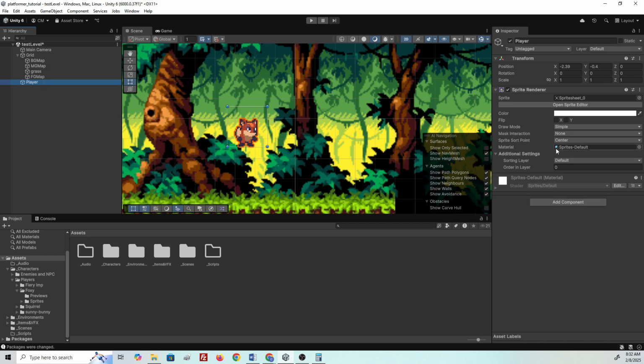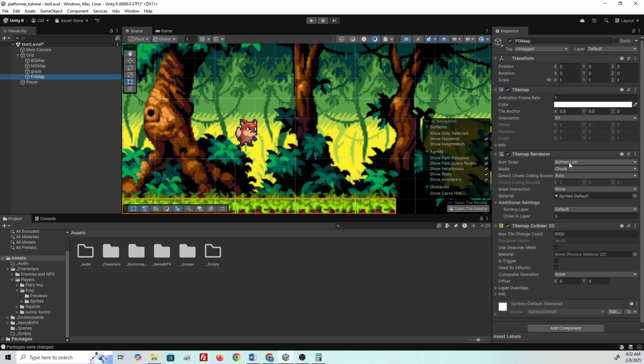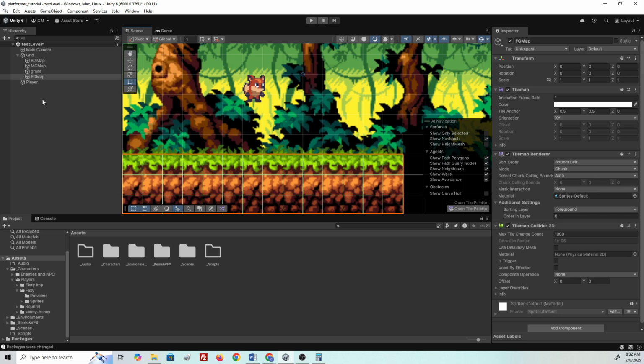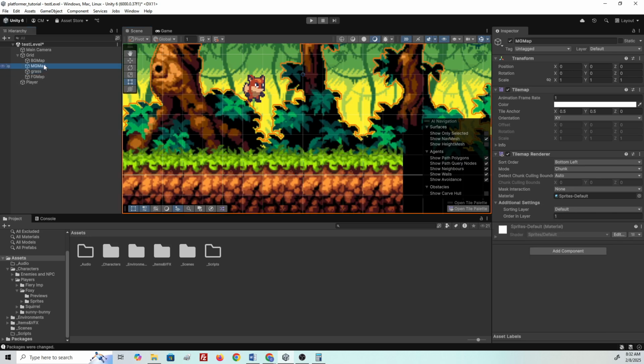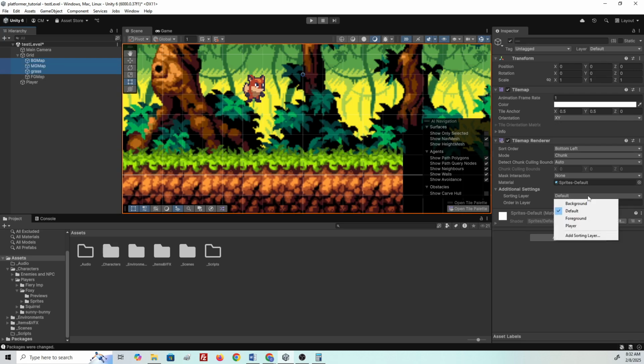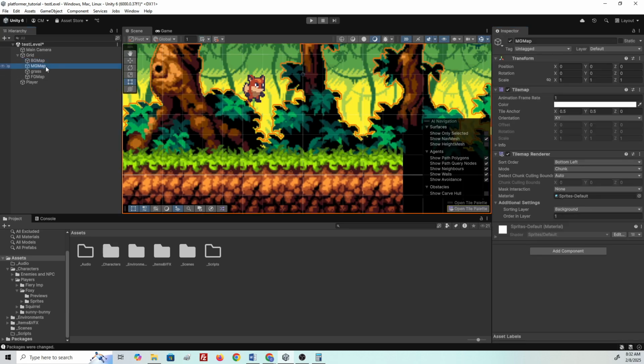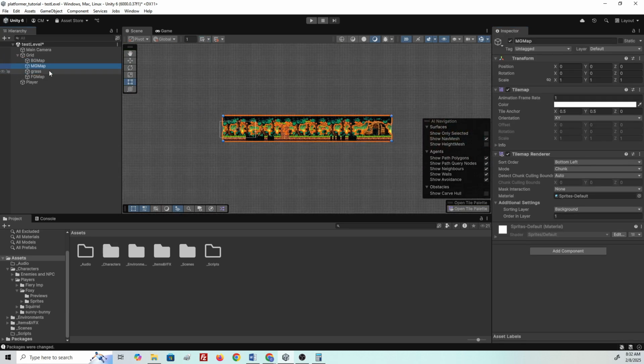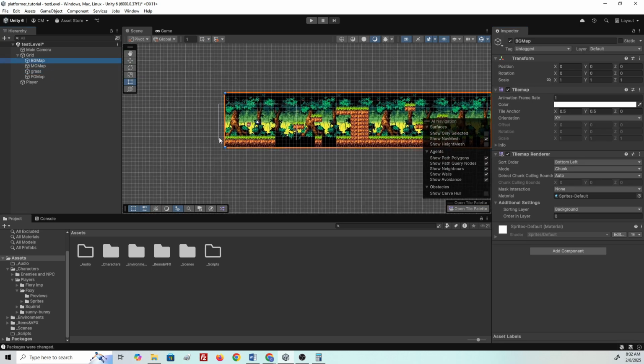So let's put the player, for now, we're going to put him on the player layer. We can leave the order in layer 0. The foreground, we're going to go ahead and put that on the foreground layer. And we're going to change the order to 0 because we don't need to adjust its order since it's on its own layer. Now the grass, the middle ground, and the background maps, we're going to put all 3 on the background layer. Now the order still stayed the same, which is perfectly fine for what we want,